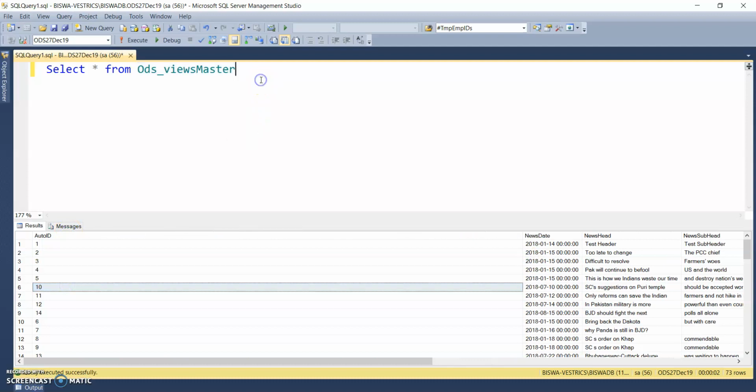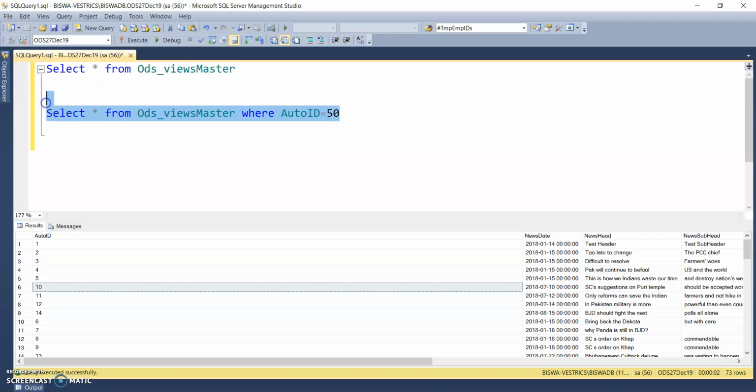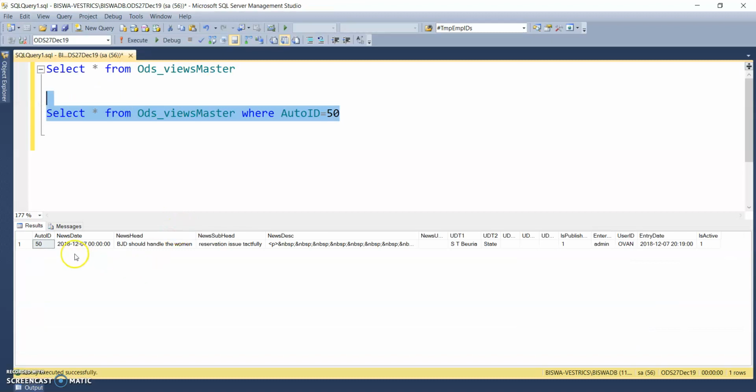If I search for something, let's say 50, we can see it easily. Just click here on include actual execution plan.